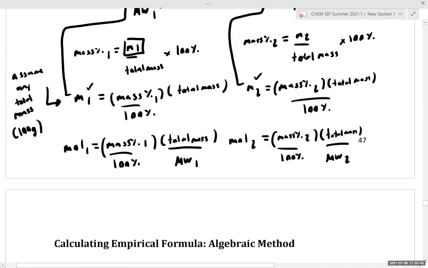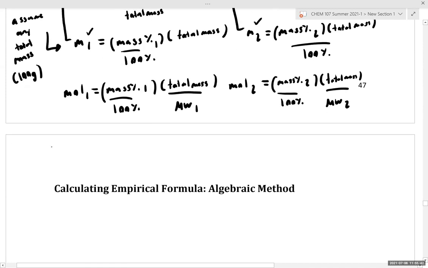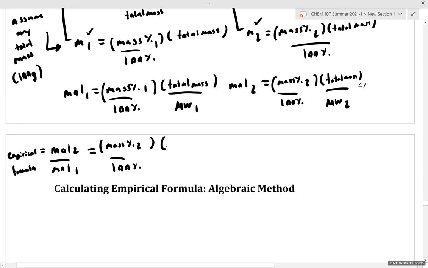Now, from here, we can simplify. We know the empirical formula is best thought of as the mole to mole ratio of our two elements. So then all we have to do is substitute in what we've calculated into this mole to mole ratio. So we'll take the moles of element 2, which corresponds to the mass percentage of element 2 over 100% times